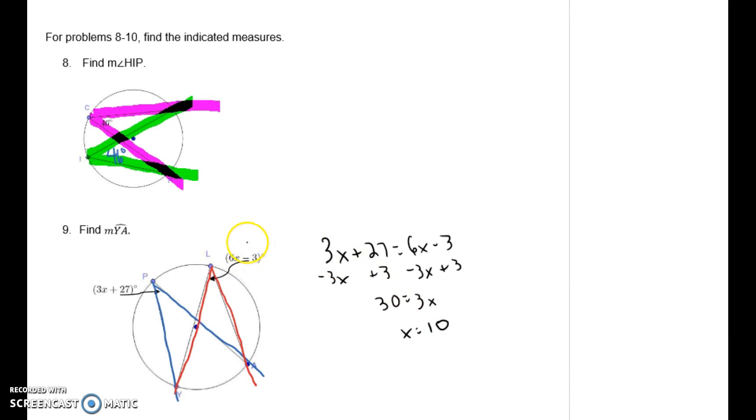So that makes this 6 times 10, which is 60, minus 3 is 57 degrees. If I want to find YA, that's going to be double that. So if I take 57 and I double it, I get 114. So that's how we're going to potentially use that idea of inscribed angles intersecting the same arc